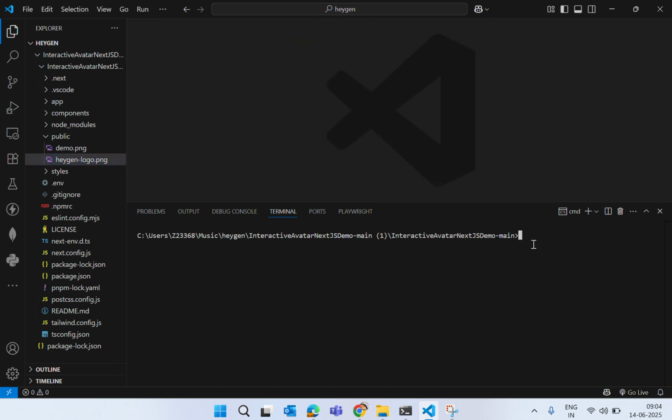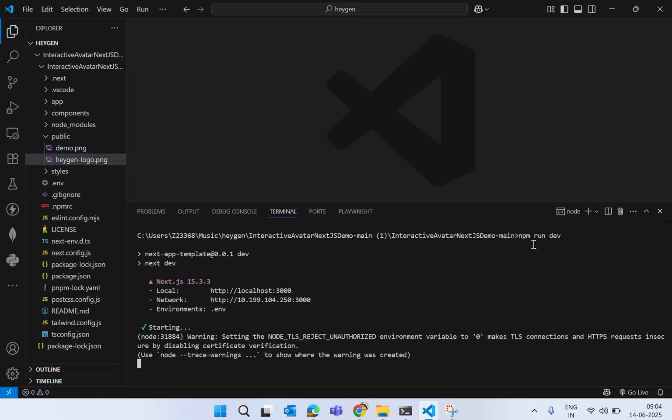Now we are going to run this project. Just use the npm run dev command here. It will run a local server on your system, on localhost 3000. You can configure or customize the code on your own.